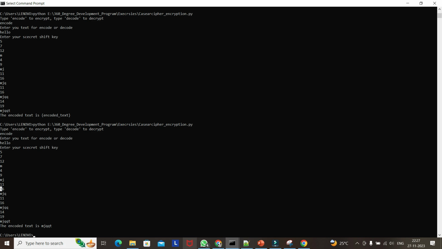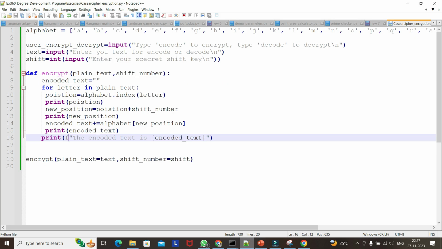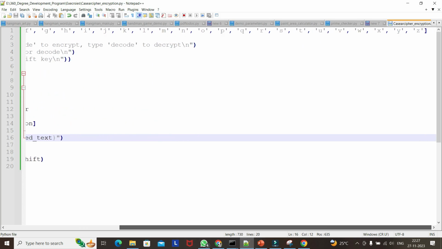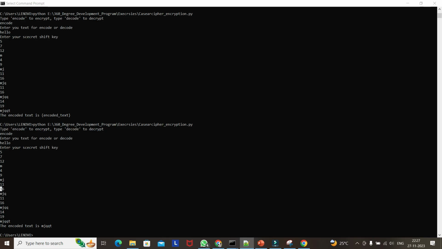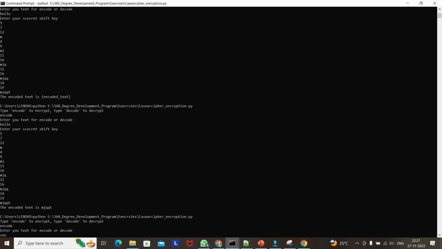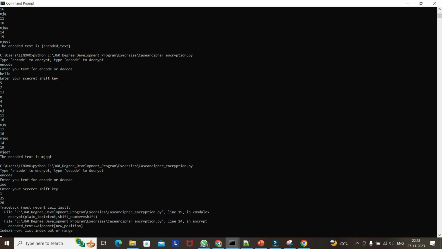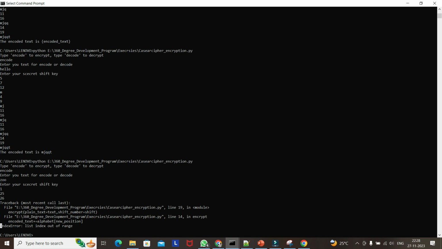So this is working fine, but what happens when we give something else? We have defined only a to z, right? But if we use letters having the last values, let me use encode. If I give zoo, generally if I give one, it should be replaced with a, right? So it should be circular. But what happened? I am giving shift key as 1, and here we are getting a list index out of range error,